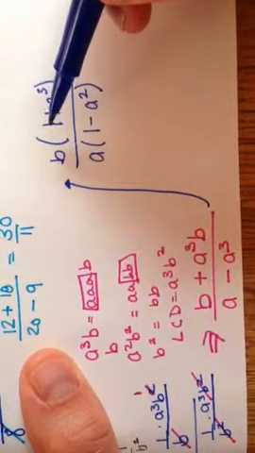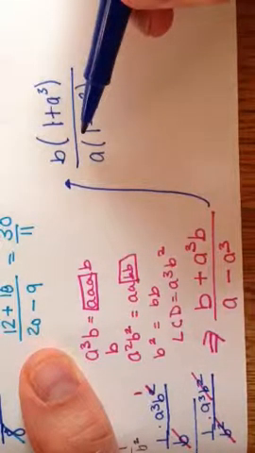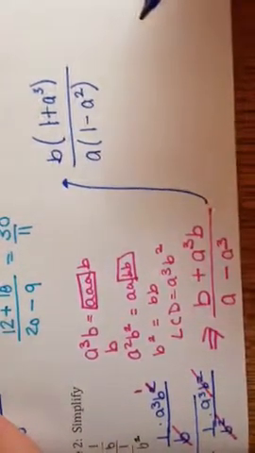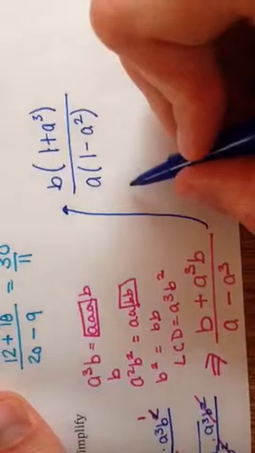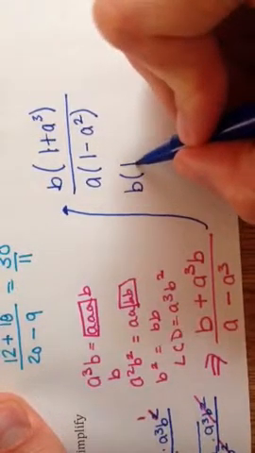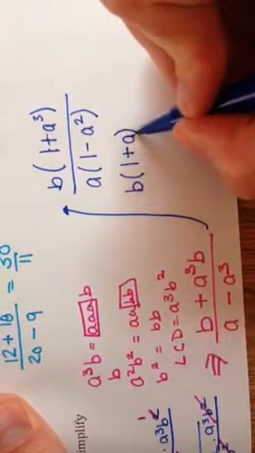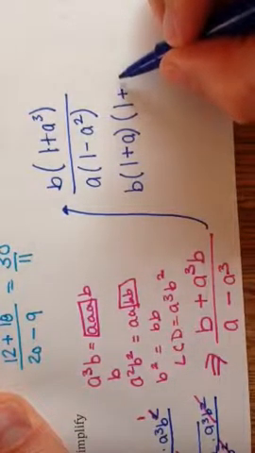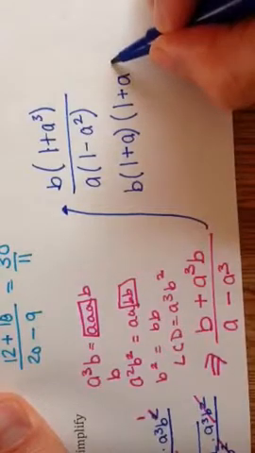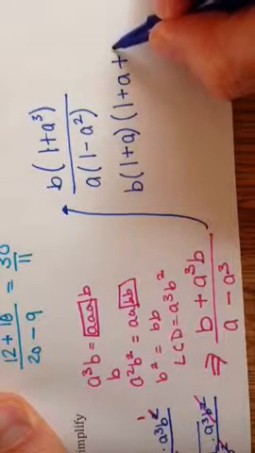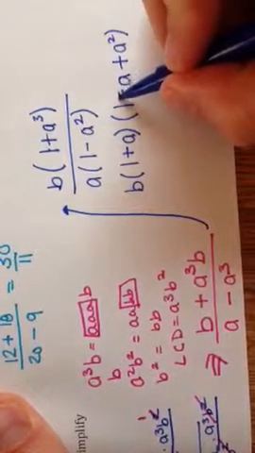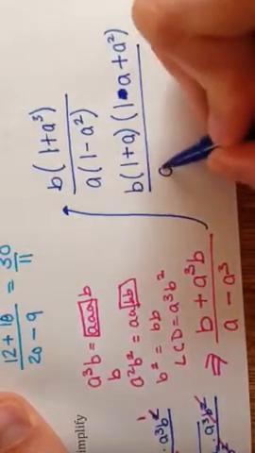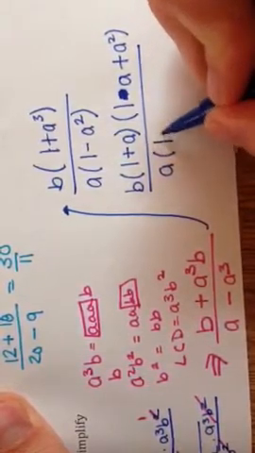Because 1 is a perfect cube, a cubed is a perfect cube, 1 is a perfect square, and a squared is a perfect square. So then I'm going to factor into my special cases. So a is 1, b is a, times a squared plus a times b plus b squared, which would be a squared, and since it's a positive sign, this should be a minus, over a times the difference of squares, 1